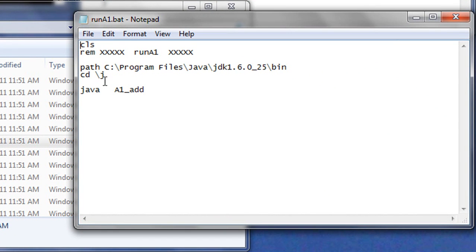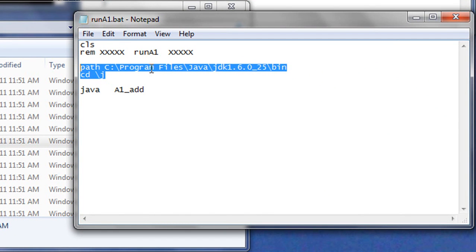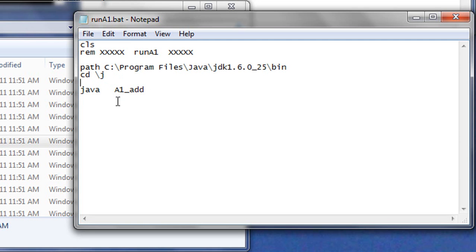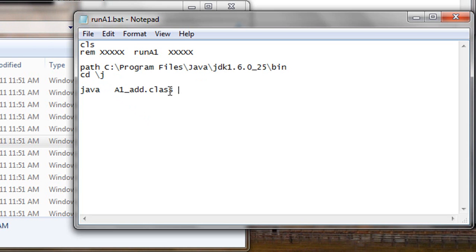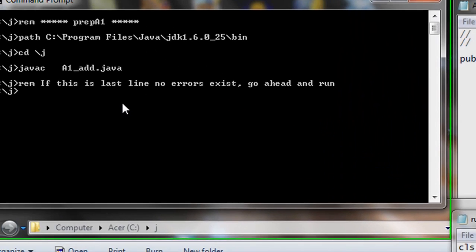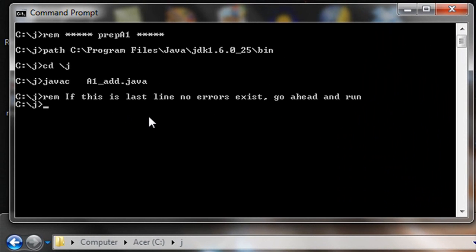And the only thing done here after these statements that once again tell Windows where Java is located is just to use the Java runtime environment to run this without the name Java so that it actually appears as this. That's the default then. This is the code that was output by the compile. We just don't code class after it because it's assumed to be class. So if I go here now and I enter run